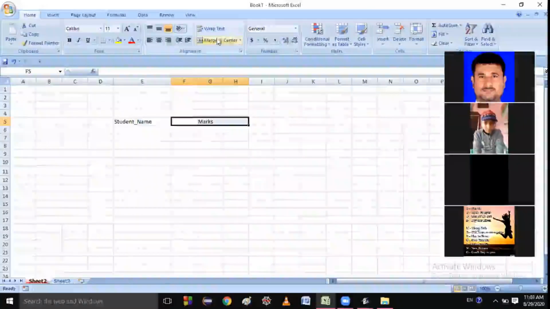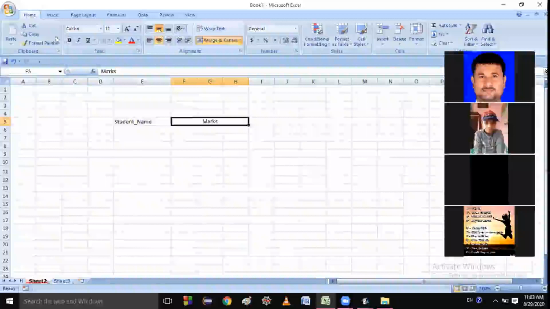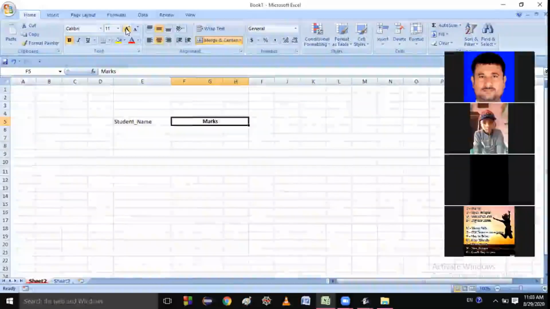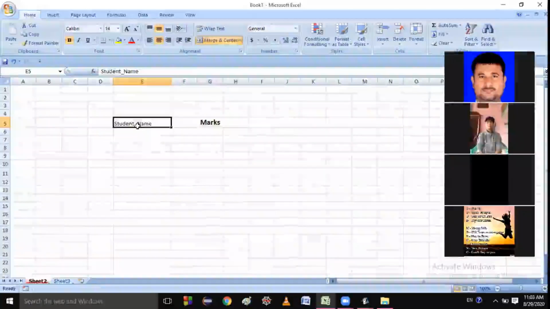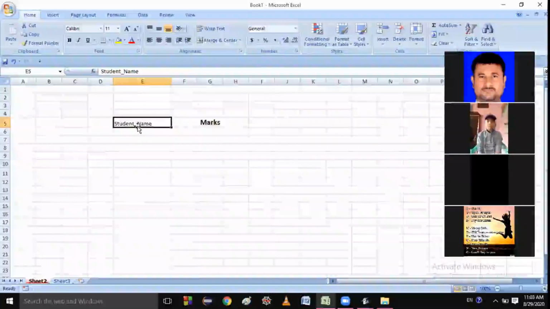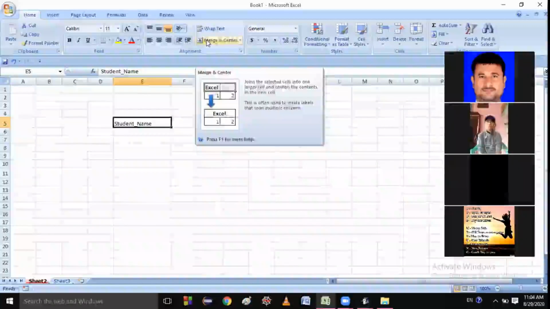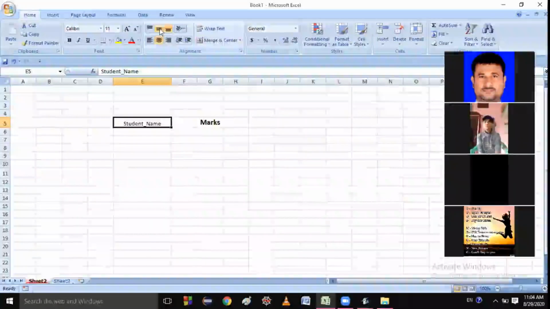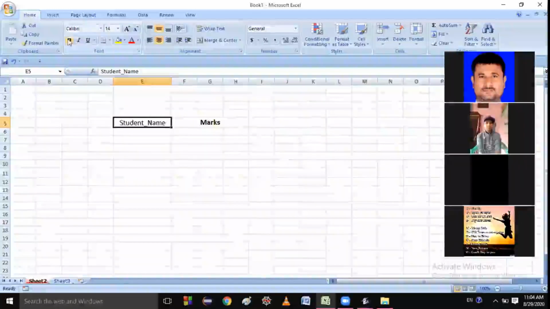So merge and center, above, bold, size should be something greater, 15, 14. Next one, it is also having this one, student name, merge and center, and the size is 15. And yes, this is bold.